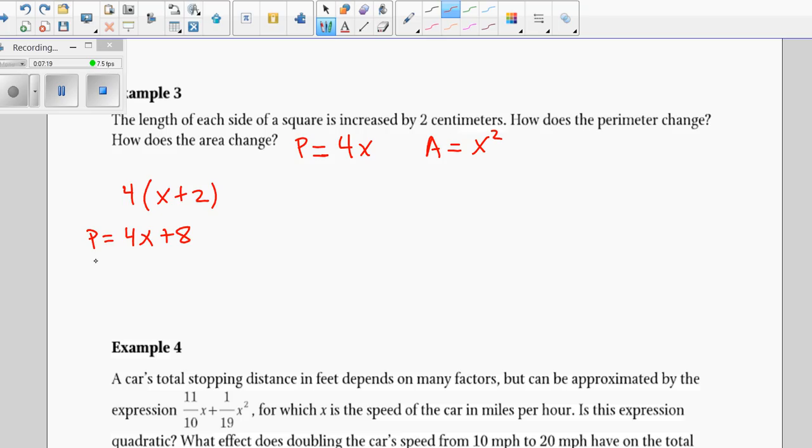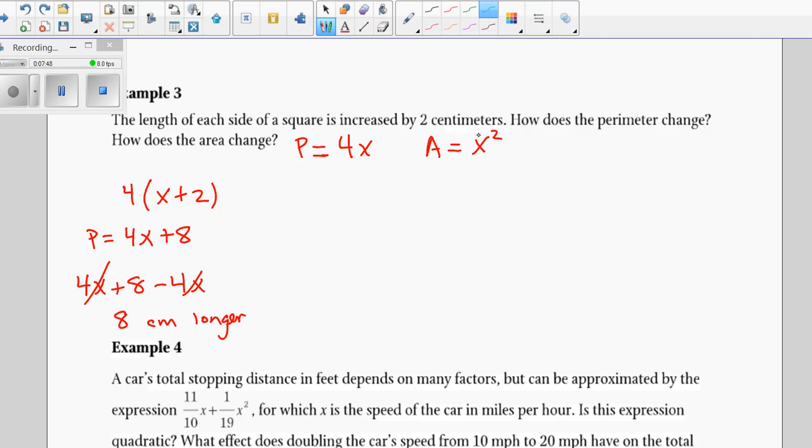And I can find this out like we did in our warm-up by saying, well, my new perimeter is this, and if I subtract my old perimeter, or my original, these cancel, and I find out that this is going to be 8 centimeters longer. So I increase the side lengths by 2 centimeters, which means my now answer of my perimeter is 8 centimeters longer. Okay? Alright, next, the